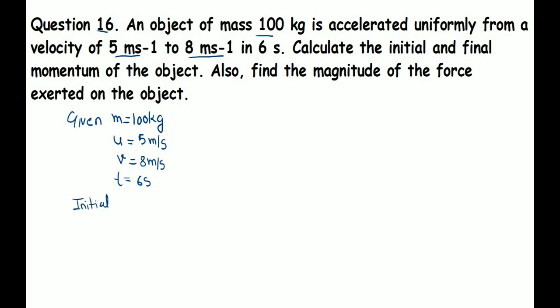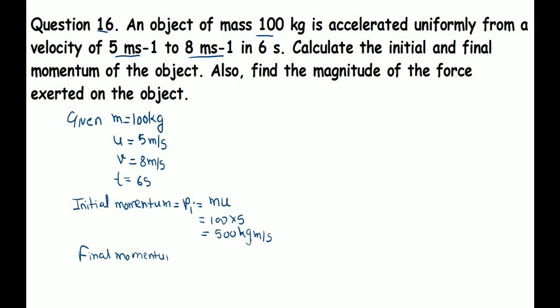So let us write all the things which are given to us. This is a very important point, student, because in the exam we should always write all the given things first before applying the formula. By this the examiner will get to know that we know the correct representation of symbols. Okay, now 6 seconds. Now what to find? The initial and final momentum. It is a clear, direct question, student.